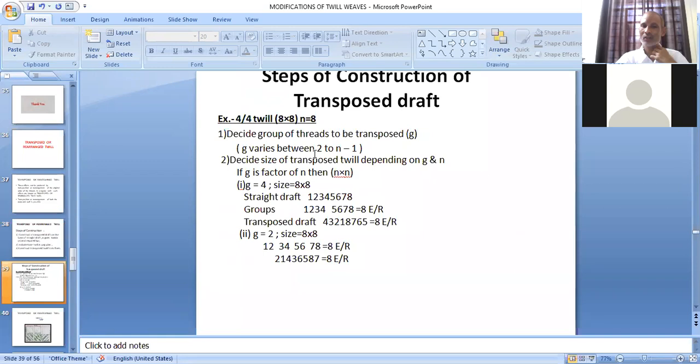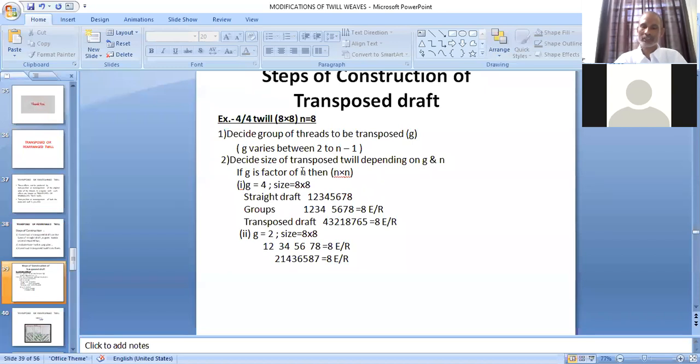So with these 3 examples, it will be clear how we can construct transpose draft. And once we construct transpose draft, by taking the base twill as a lifting plan, we can construct transpose twill. So first step is decide group of threads to be transposed. And second is decide size of transpose twill depending on G and N.